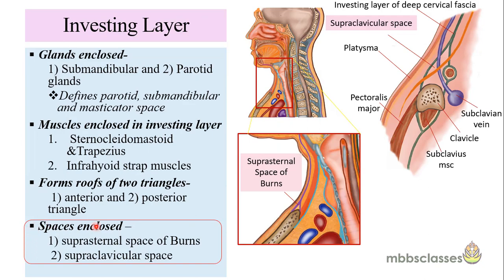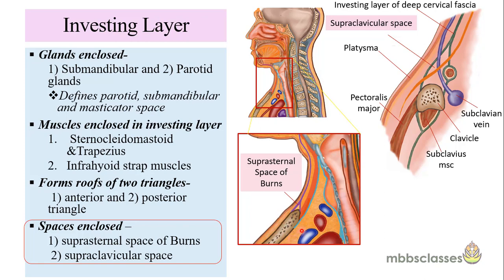The investing layer encloses two spaces in the neck. The first space is the suprasternal space of Burns and the second is called the supraclavicular space. If we trace the investing layer of the deep cervical fascia at the lower part of the neck, we will see that it splits at two areas. The first splits at the level of the sternum, and the second splits just above the clavicle. If you look at this diagram, this investing layer is splitting into two just above the sternum area,